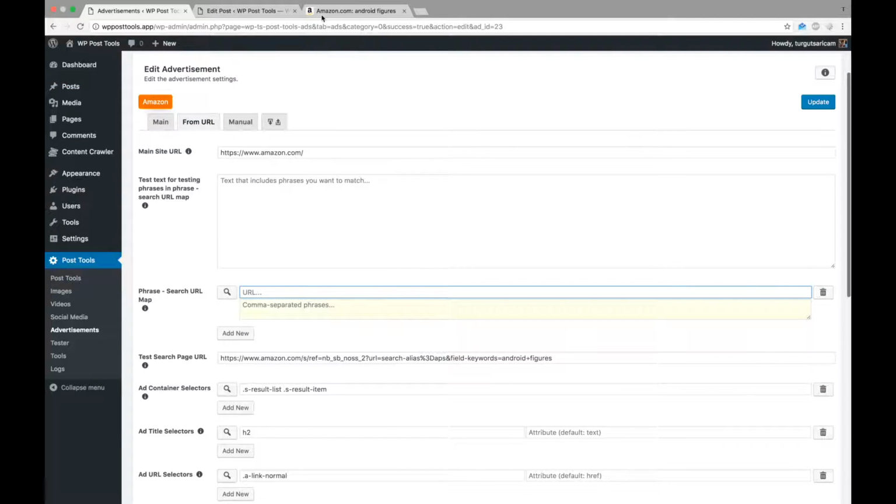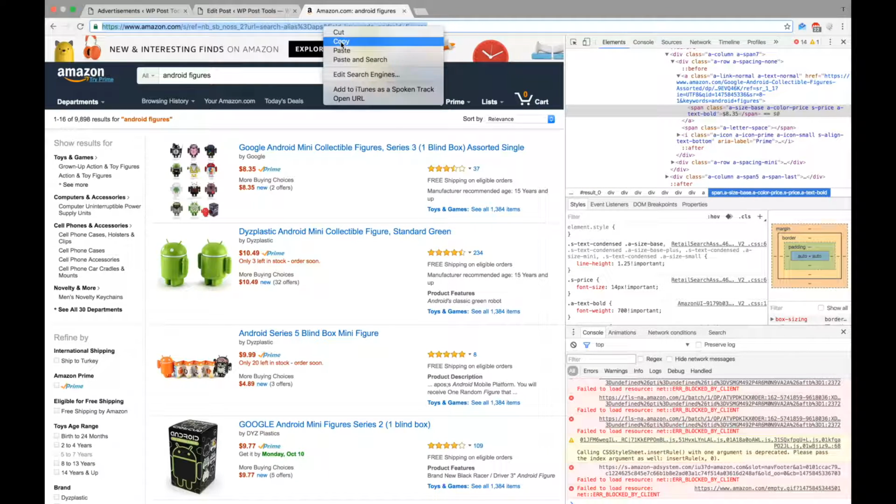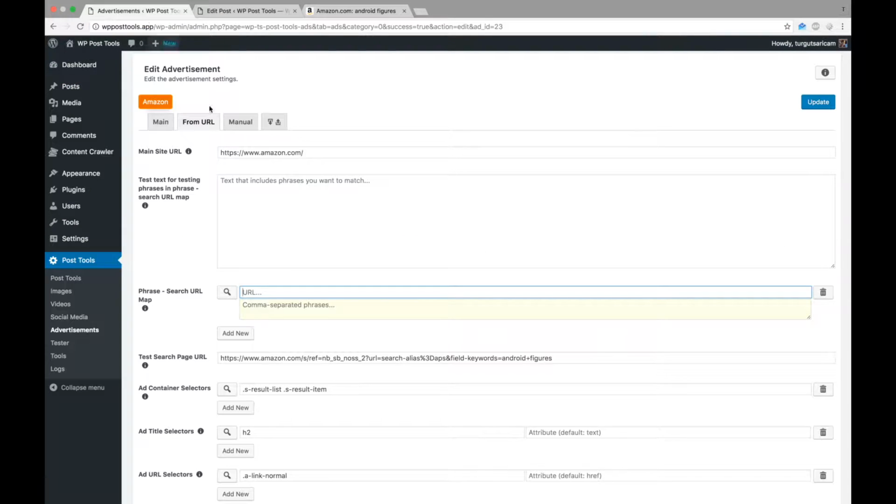We can now define items for phrase search URL map. By this way, we can show products from a specific page when some phrases exist in the content. Let's show Android figures when the post title contains Android.